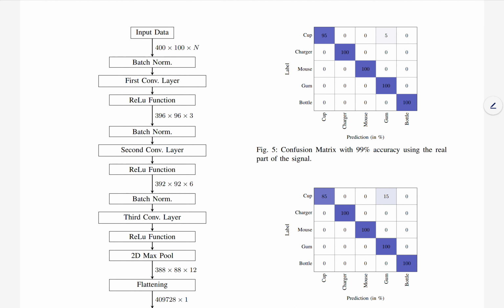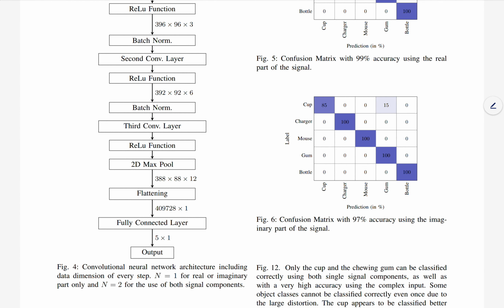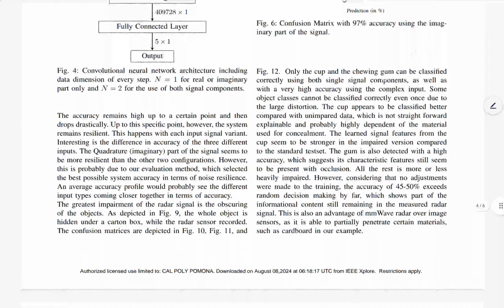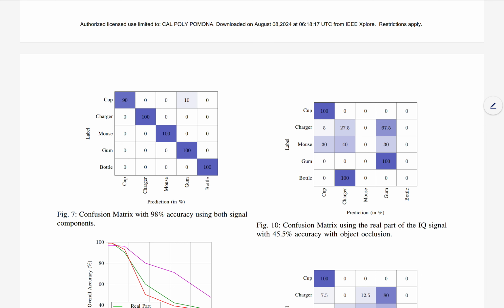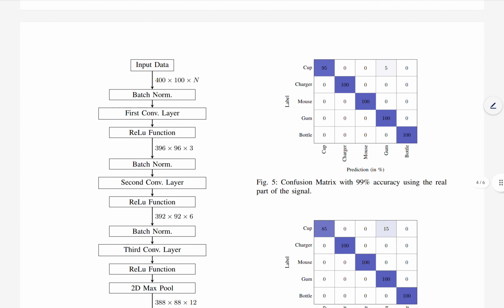Okay, this is the architecture of the network. It's pretty straightforward: 3 hidden layers, a convolutional neural network. And they start by introducing the confusion matrices, and you can see here that it misclassified a cup for a pack of chewing gum 5 times. It's 99% accuracy, and it's using only the real part of the signal. If it's using only the imaginary part of the signal, we have even less, 97% accuracy. Quite surprisingly, we have 98% accuracy if we're using both signal components, which I don't fully understand. Maybe they didn't train enough, maybe the network cannot really deal with real and imaginary data, or cannot exploit the relationship and the phase between them,